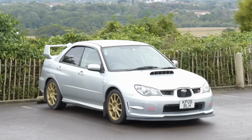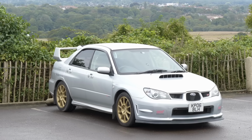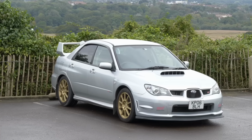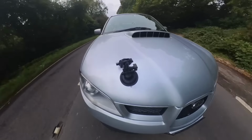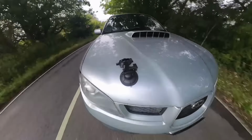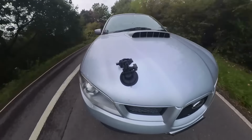So in summary then, for the 2006 Japanese 2-litre STI, this is just such a marvelous car. If you drove this back to back with a brand new German performance saloon, which had more than double the power of this, I reckon, took both of them on a bit of a blast, this is the one that would make you smile more. Even if you're technically not going as fast, this would make you smile more. And when you consider you can get one of these for nearly a tenth of the price,